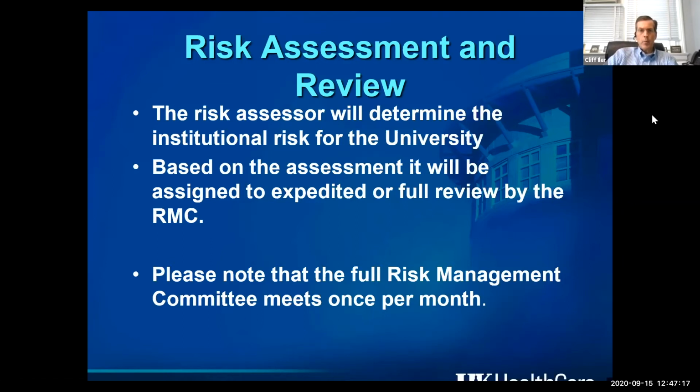But for an expedited one, just so you all know, I get them, I send them to Margaret Pisacano, our director of risk management, and I send them to Dr. Kevin Nelson, who's part of the chief medical officer's office, and the 3 of us will look at them. Dr. Nelson kind of looks at it from the medical side, and Margaret and I look at it from the legal side, and